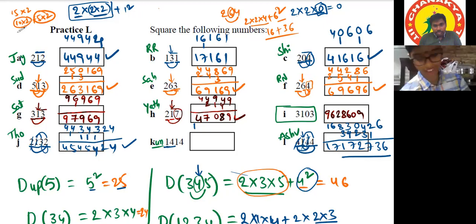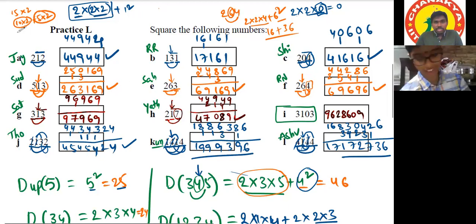One duplex is 1. 14 duplex: 4 2s are 8. 414 duplex: 1 into 1 into 1, 2 is 2, plus 16 is 18, 1 and 8. Total number duplex is 8 and 8, 8 plus 8 is 16. 1 here, 6 here. Ignoring 1, 414 duplex: 4 4s are 16, double is 32 plus 1 is 33. Ignoring 4, 14 duplex is 8. And lastly 4 duplex is 16. After balancing, the answer is 199,999,396.